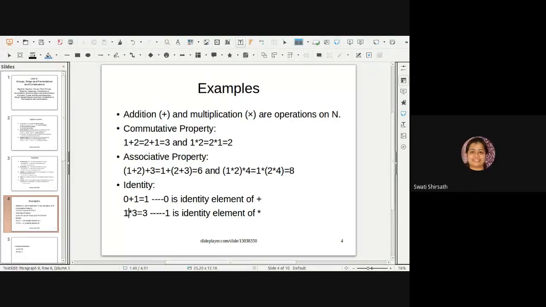Yes, ma'am. Now, if I operate this one with any element in case of multiplication, then I get that particular number. So 1 is the identity of multiplication. So for addition and multiplication, these are the standard elements that you should get. But still, for a given operation, you have to check whether you're getting 0 as an identity for all elements and 1 as an identity for all elements if addition and multiplication is given. Okay.